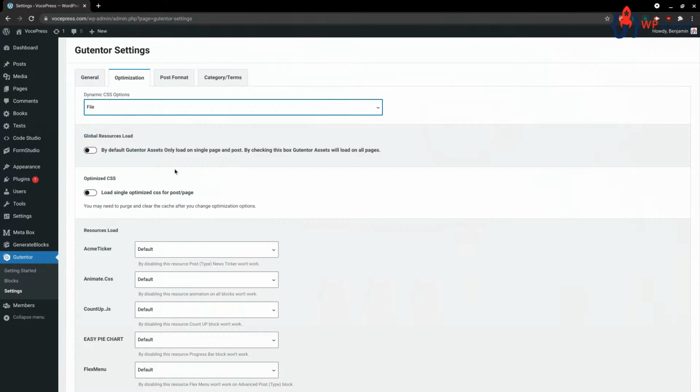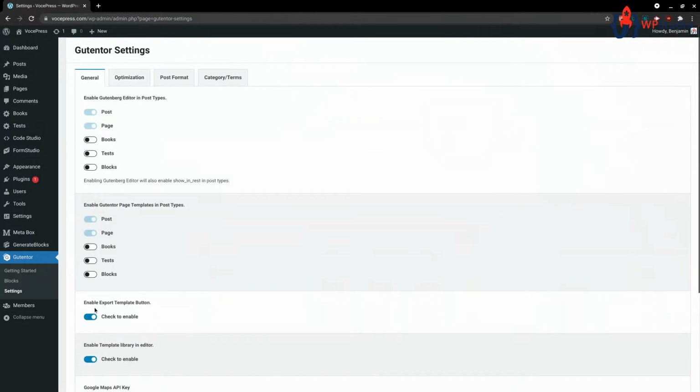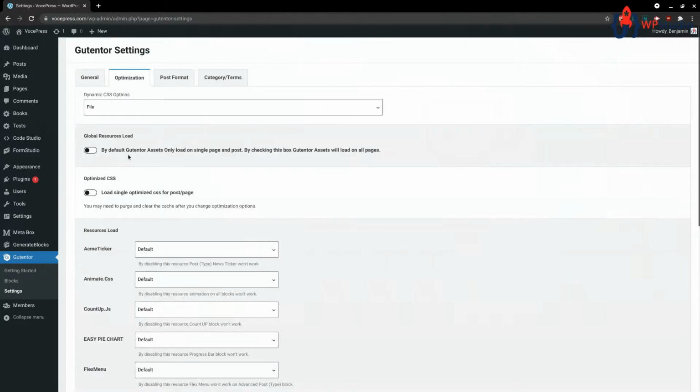If in the future, after we do this webinar, some of you are like, hey, I want more Gutentor stuff, how do I build more complex stuff? We can go into that. But I wanted to show you just those two things. One, in general, how you can turn it on and off for certain custom post types, and then the optimization of whether to use the file or the head. So now,